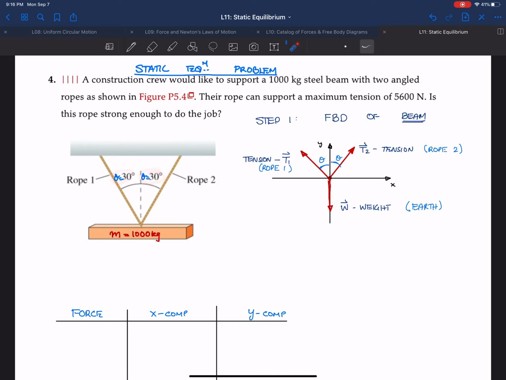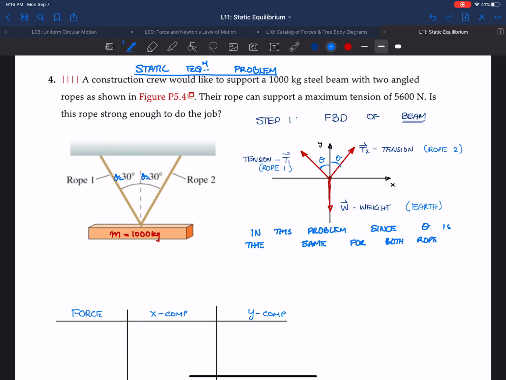These angles are the same. So in this problem, since theta is the same for both ropes,